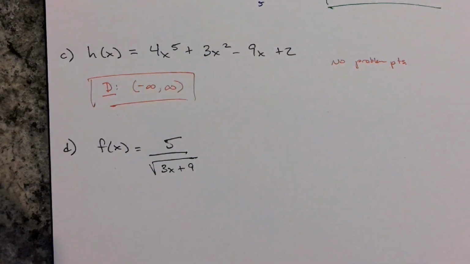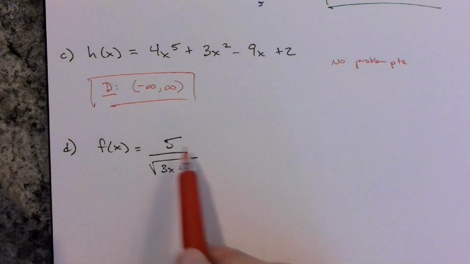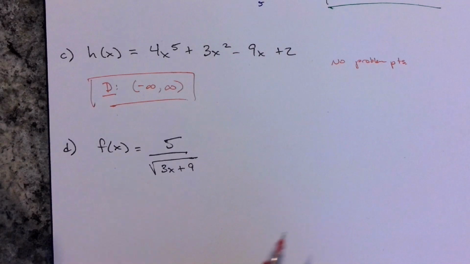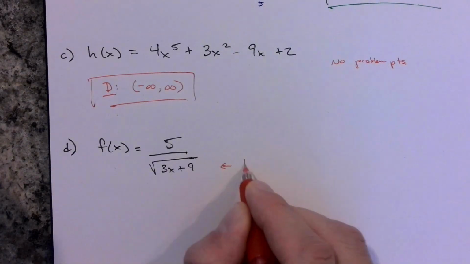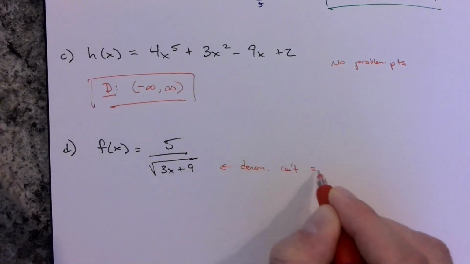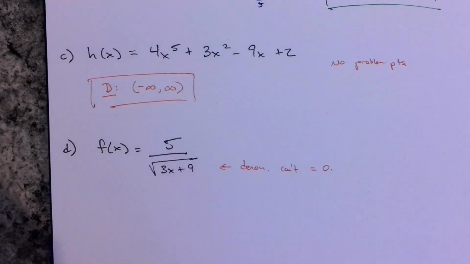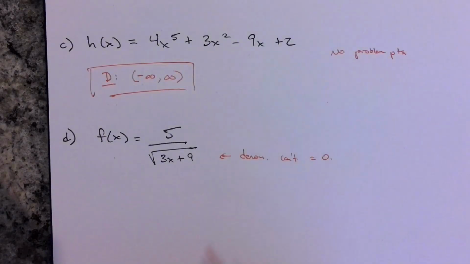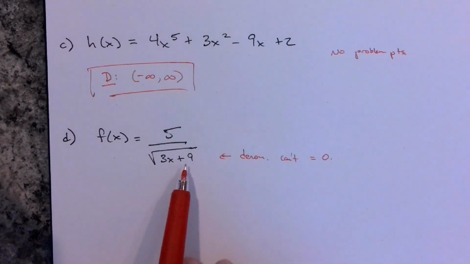So we know a couple things here. We know that I'm looking for either where it becomes undefined or where you have negatives under the square root, and exclude those points. So for the 5 over the square root of 3x plus 9, first off, it's a fraction, so could it become undefined? Well, yes, it becomes undefined when the denominator equals 0. So the first thing we should notice is that the denominator can't equal 0. But the other thing is that we also have a square root in the denominator. So since we have a square root down here, we actually have to make sure that this also doesn't become